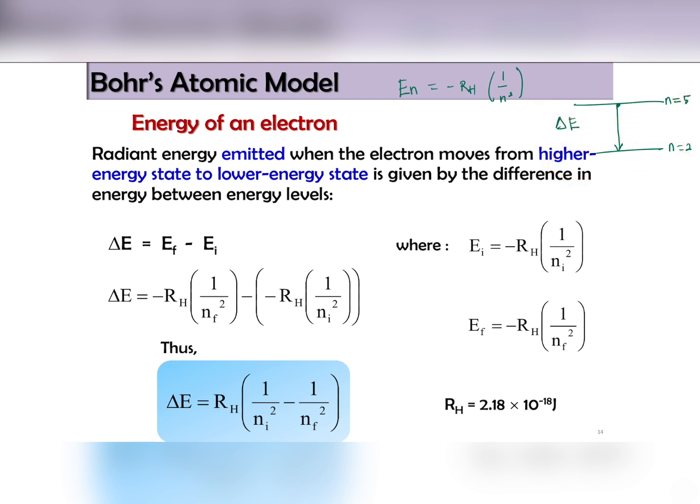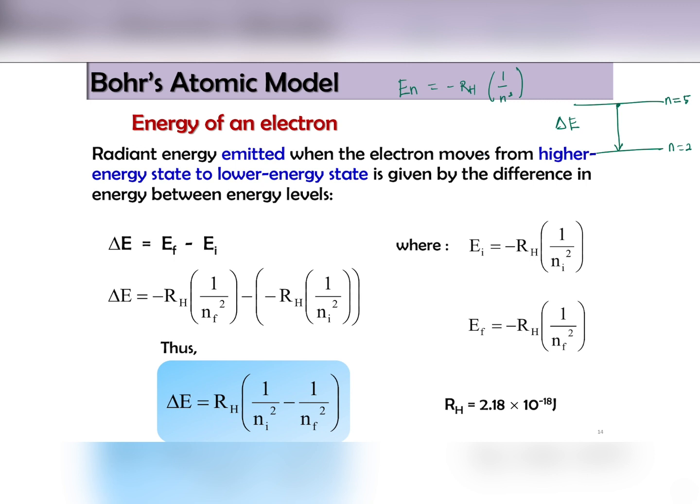So kita boleh kira dengan guna this formula. Nak cari delta E, perbezaan, beza mesti kena tolak. So kita tolak nombor besar, tolak nombor kecil lah. And E final, contoh, tolak E initial, energy for the initial. And then